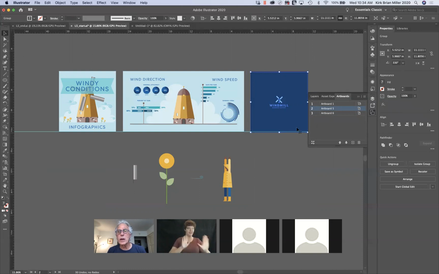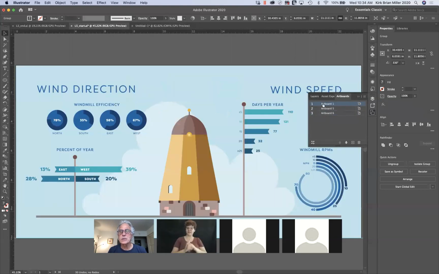We can also rename them and we can reorder them. If I select artboard 1, okay, that's the first one that we selected. You can rearrange them by moving them up and down just like layers. And we can also rename them. You can rename them from here, or I can, when I have the artboard selected down here,